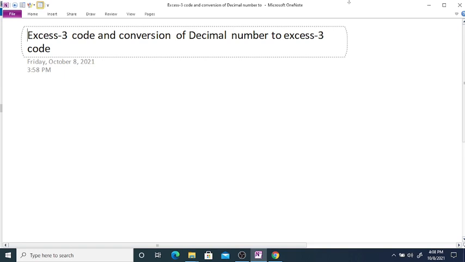XS3 code and conversion of decimal number to XS3 code. First we will see what is XS3 code.